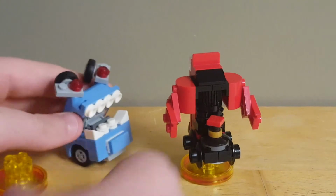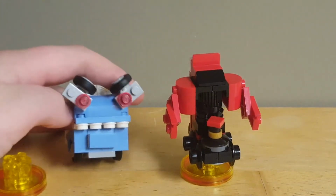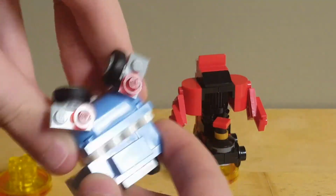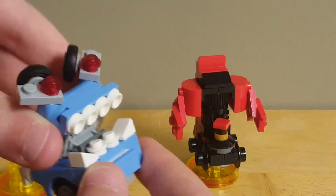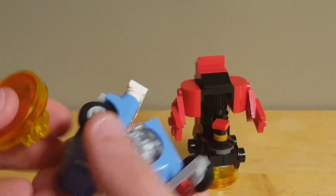Best part, though, is you can actually open and close the mouth. That looks really silly with the super huge overbite, but yeah, you can open and close the mouth, which is pretty great. It's tantalizing, really. I don't want to stop, but I guess I have to for the sake of finishing this